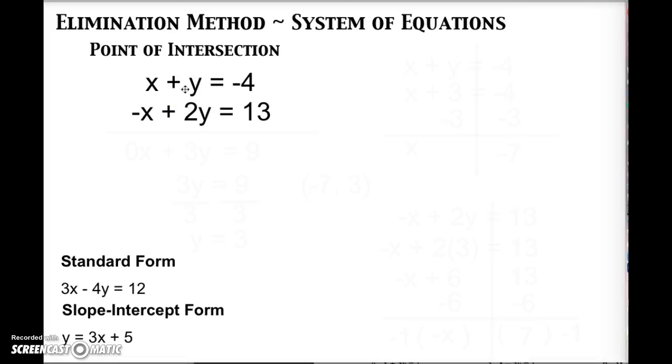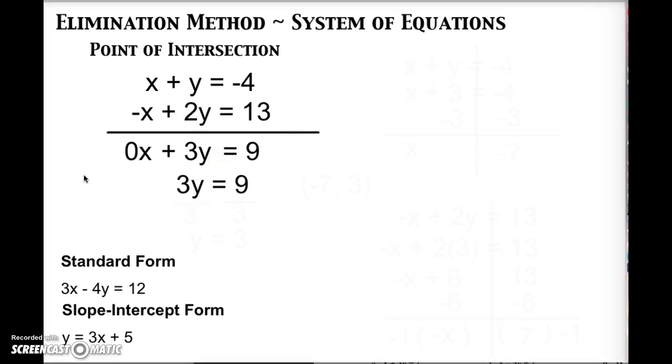Here's how I solve the system of equations. What I notice is I have a positive x and a negative x in my two equations. What would happen if I combine those two equations? Well, positive x and negative x is just going to make 0x. y and 2y is going to make 3y. And -4 and 13 is going to be equal to 9. So my new equation is going to be